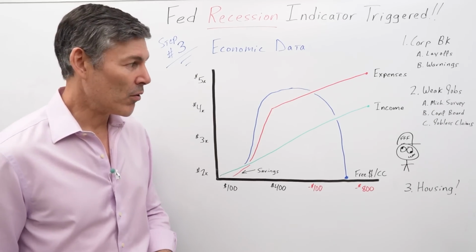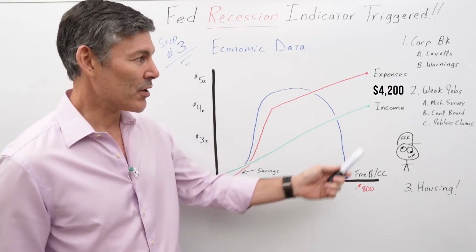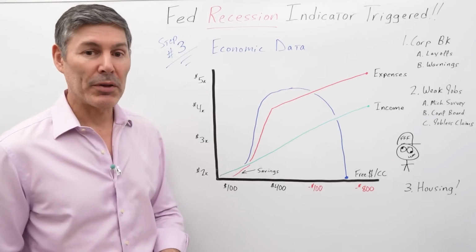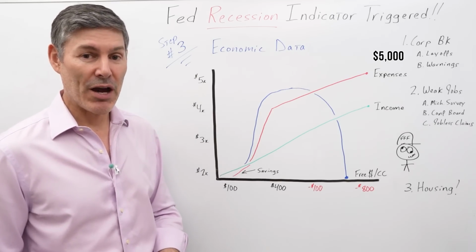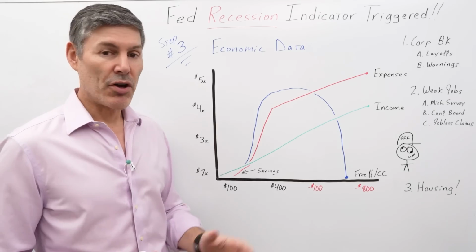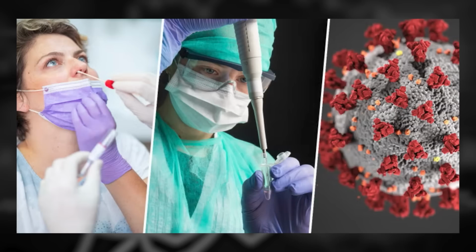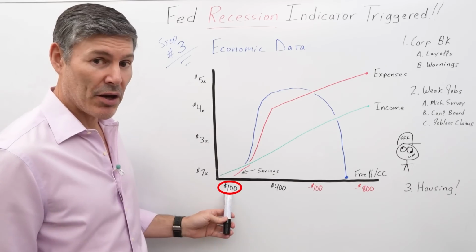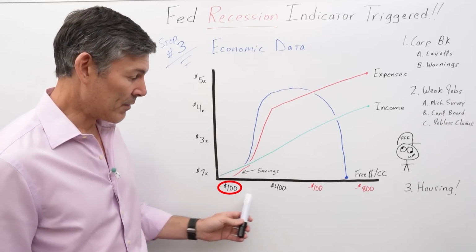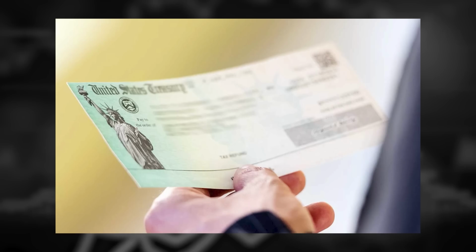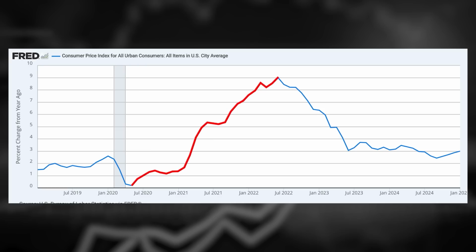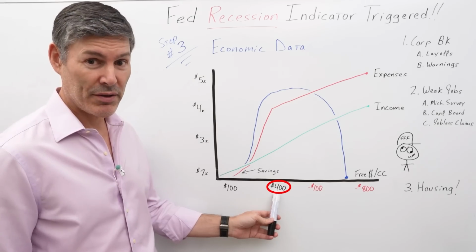To a point now where, let's say his income is $4,200, but his expenses are probably close to $5,000. So to put this in terms everyone can understand, right here prior to the cerveza sickness, let's say at the end of the month he had $100 left over. Okay, and then during the stimmy checks and all of the inflation, he had an extra $400 at the end